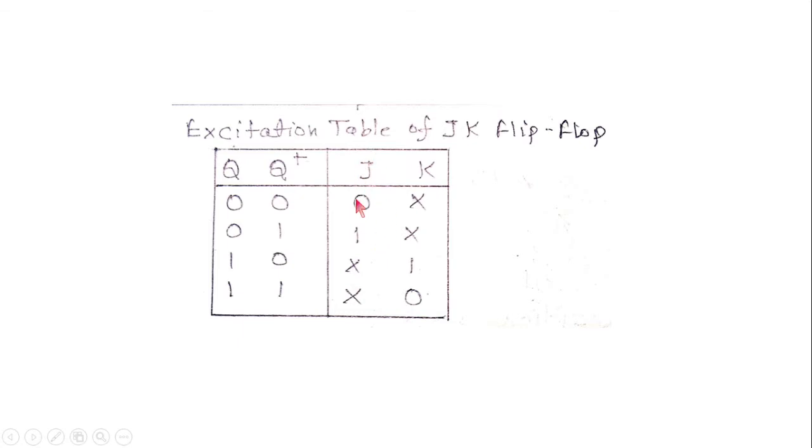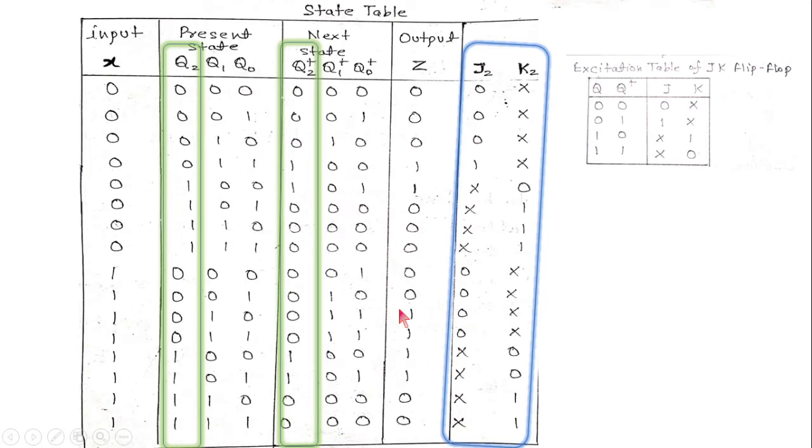Getting set means J is 1, K is 0, or J is 1, K is 1, where K is 1 when J is 1 is the toggle mode. So we have studied this thing, I am not going into detail. So for 1 0 it is don't care, and 1, or for 1 1 don't care, and 0. So let's complete this state table for the J2 K2. So 0 0 0 1 0 0 0 1 0 0, again 0 don't care, 0 and 0 don't care,